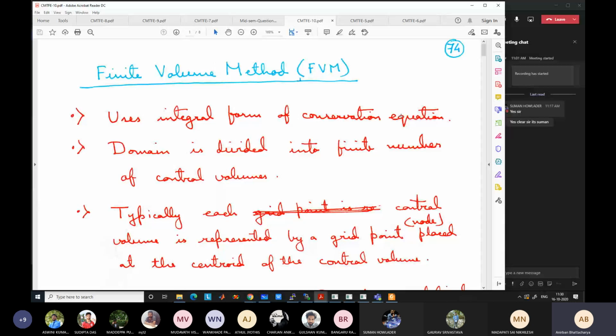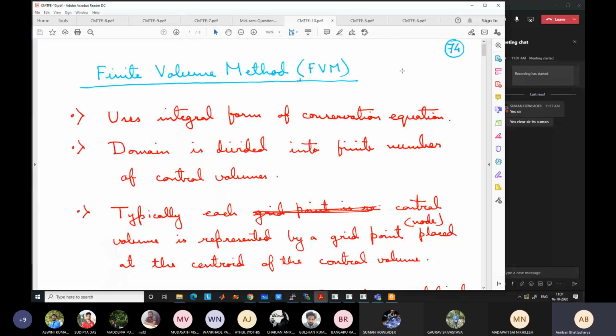For a very simple course, we still use the finite difference method, when you are trying to solve an assignment problem or a simple project where you need to write a quick code. But for large scale problems, typically nowadays we use finite volume. So what is the difference between finite volume and finite difference? Actually, there is a lot of difference, but for simple problems the difference is not very apparent.